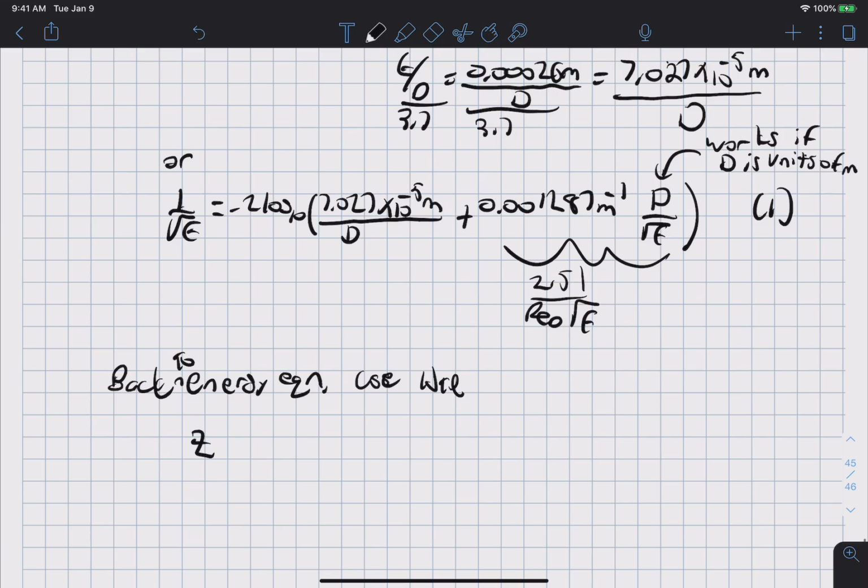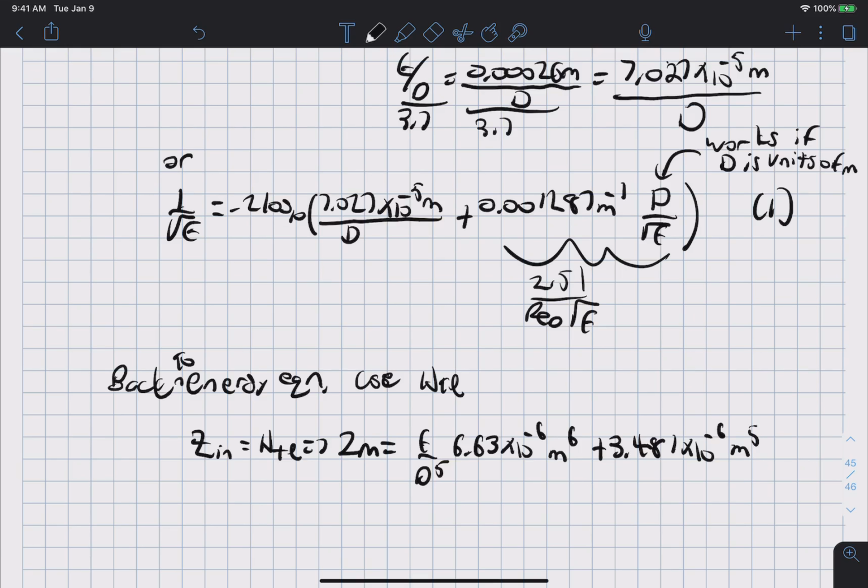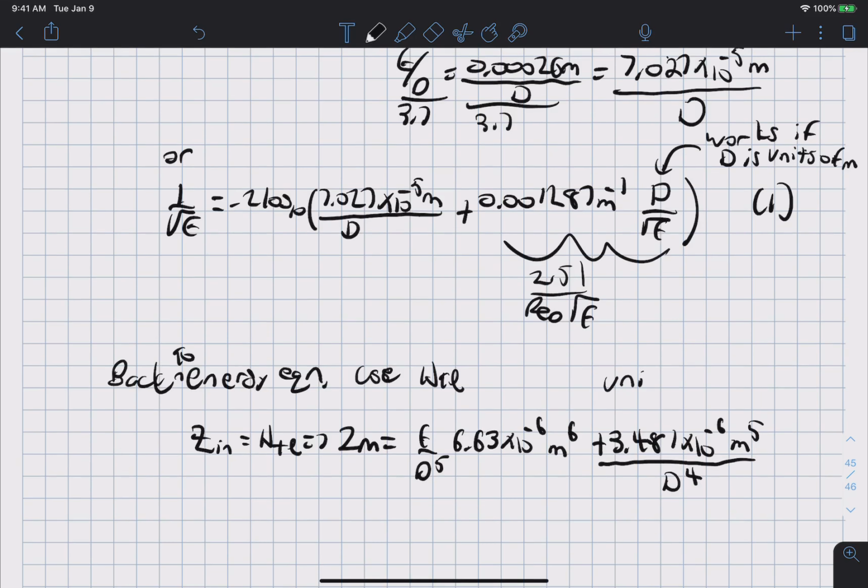Because we know that Z at the inlet state equals the total head loss, which implies that 2 meters equals the major losses, which is F over D to the 5th times 6.63 times 10 to the minus 6 meters to the 6 plus 3.481 times 10 to the minus 6 meters to the 5th over D to the 4th. And again, the units work if D is in